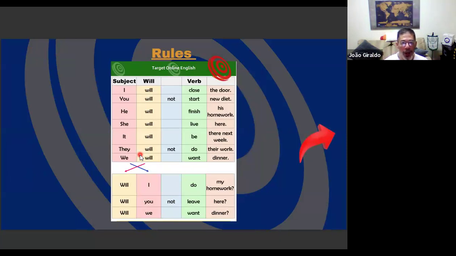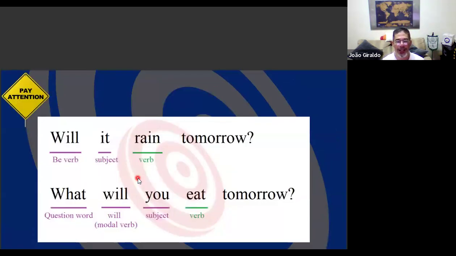Continuing here to our final slide. Actually, not final, I have another one. Here again, another structure just to show you a variation. Okay? So the subject of your sentence, the will, and if you have a negative, you use not after the will, then the action verb, the action of your sentence, and the complement you decide to use. Okay? And again, to make the interrogative, invert the position of will. Okay? And now our final slide.